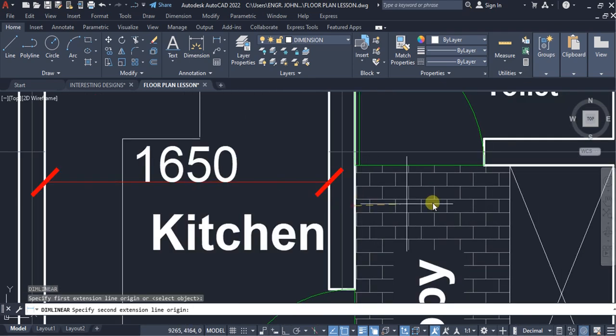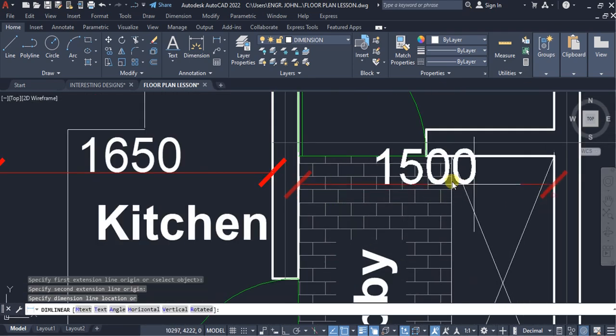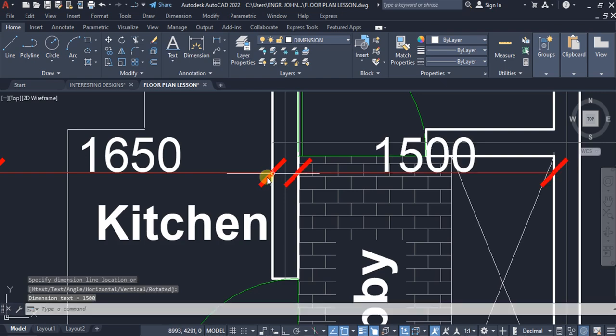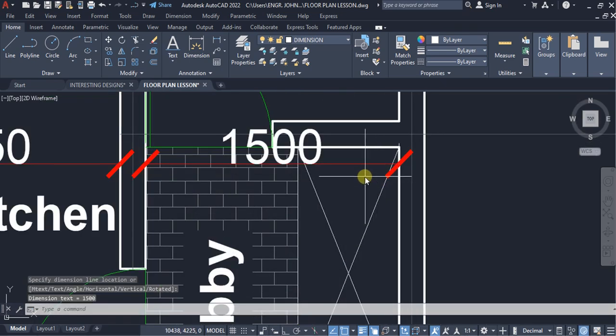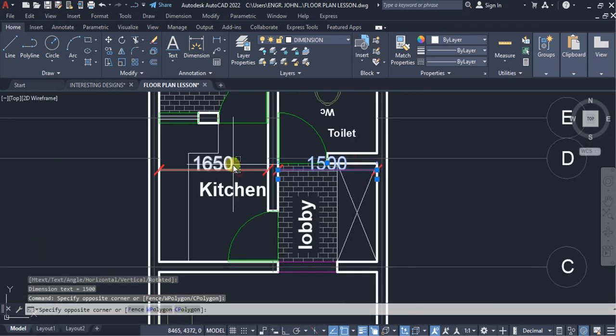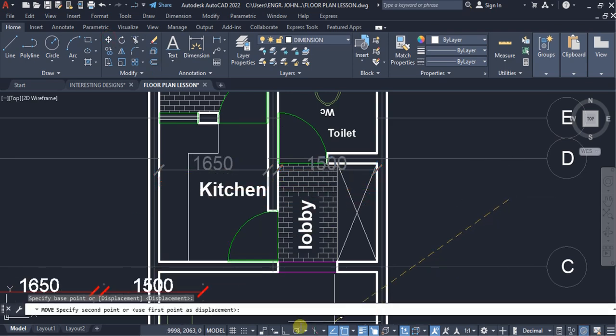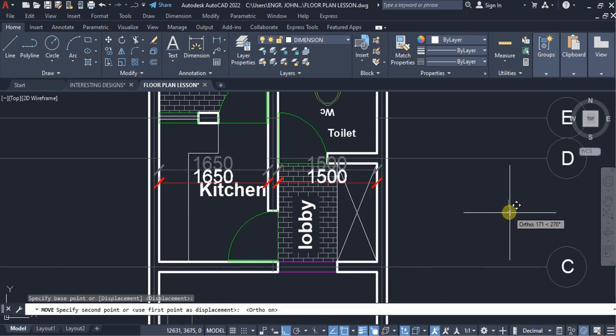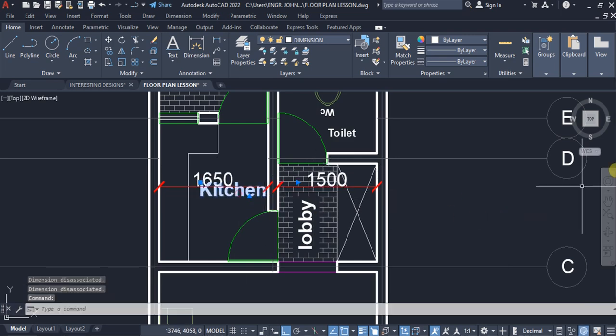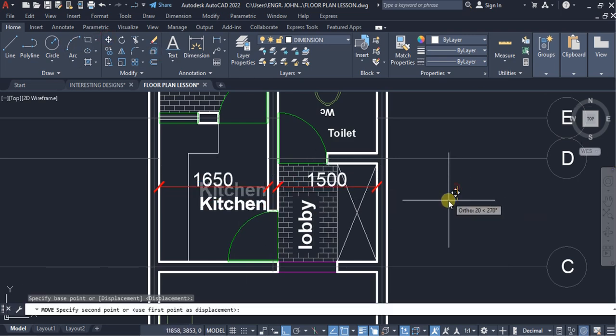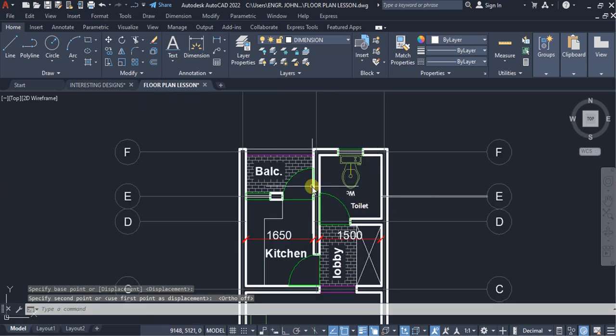Can go again from this point to this point. This is just a wardrobe, so we are taking from wall to wall. Then I select this and select this and just pick move it down a bit, turn the auto on, then I move it down a bit. Then this kitchen tag, I can move this a bit and I free this up, and then I dimension here